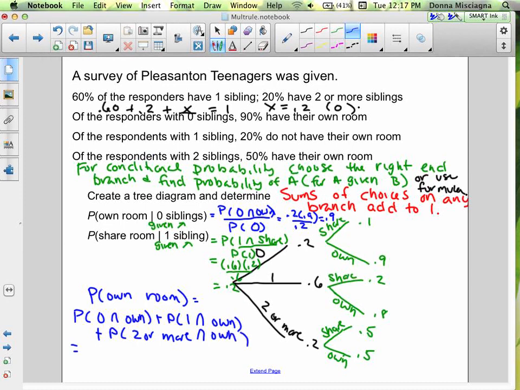All right, so here we're going to multiply when we go across the branch, add to go down the branch. So 0 and own room would be 0.2 times 0.9